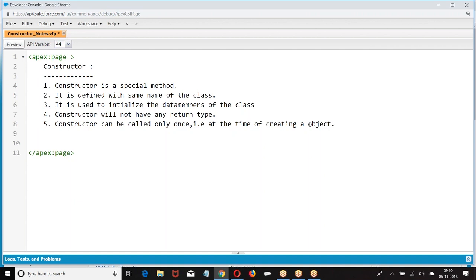Your syntax is going to be this: class name, parameter. So we are giving a scope, giving the name of the class as the name of the method. Whatever the name of the class is, with the same name we are trying to create a method. The class name and method name has to be the same, then it is a constructor. Now let me give you a couple of examples here.